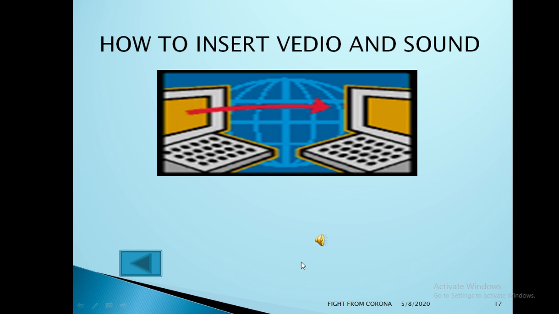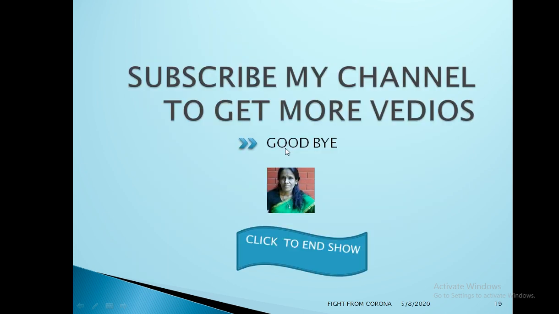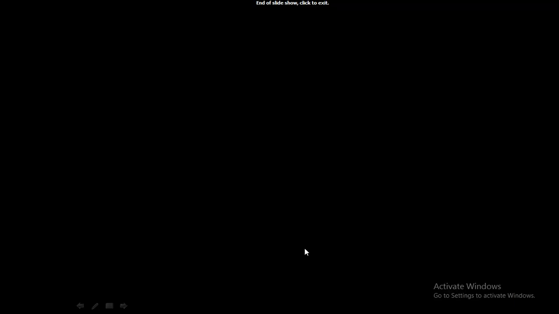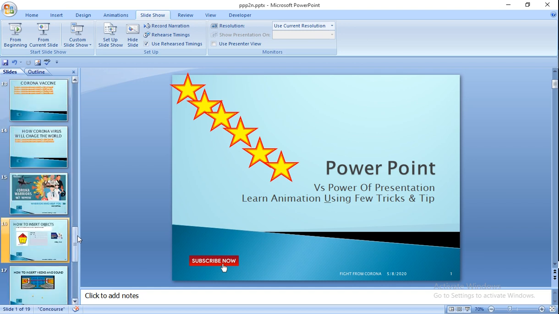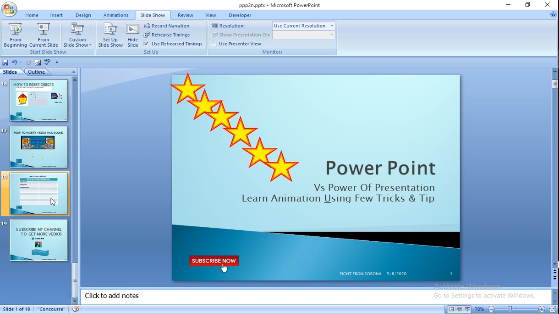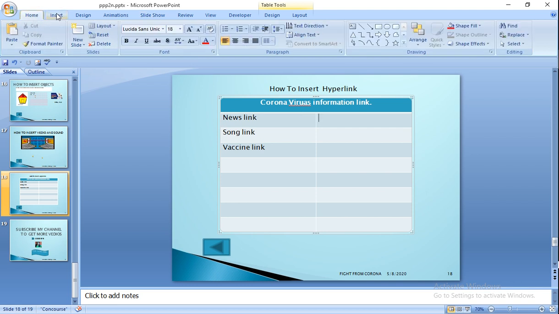And then next I will insert the video and the sound. In sound you can take a pre-made sound or a sound which you can record. Here I will teach you how to insert all these things. So come on the file in which I will teach how to insert all these things. Come on the menu on the slide in which I will tell you how to insert the link. Here come here and press insert.